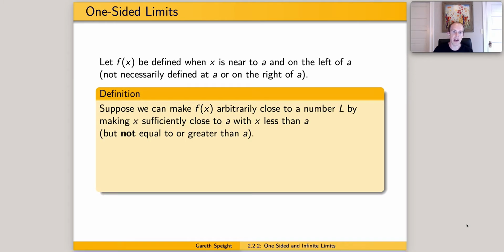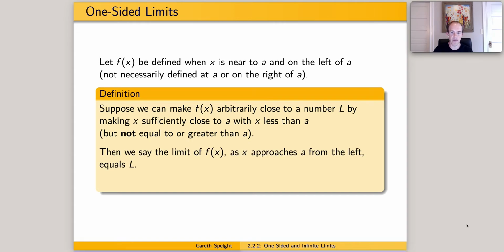And let's suppose we can make the values of f of x as close as we like to L by making x sufficiently close to A with x less than A. Okay, so we don't care what happens when x is bigger than A. We don't care what happens when x equals A. We just care that we can make the values f of x close to L as close as we like by making x close to A on the left. Okay, and in this case, we say that the limit of f of x as x approaches A from the